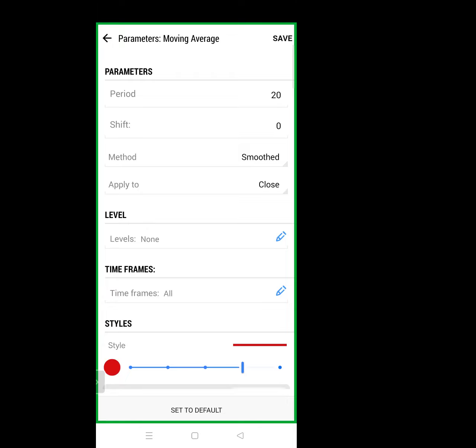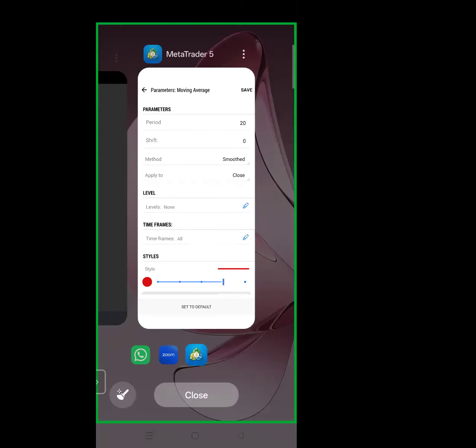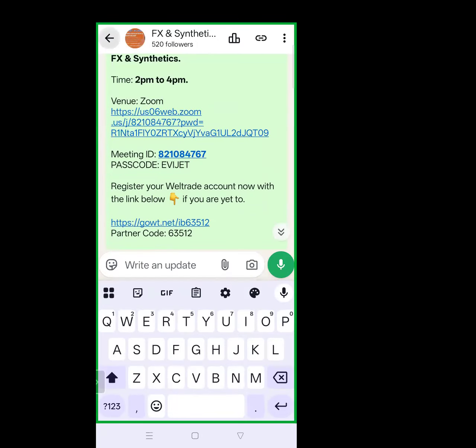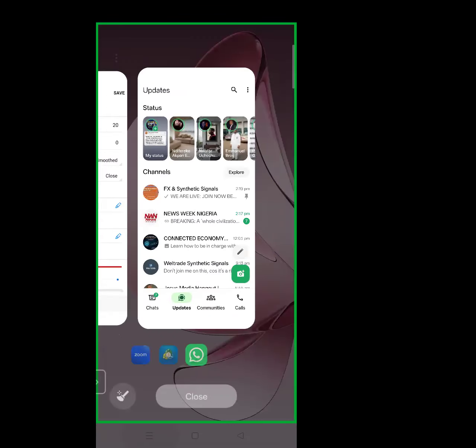The method is smoothed. Okay, the method is smoothed. Excuse me. Okay, so there's something, a voice here. I just wanted to. Okay, so